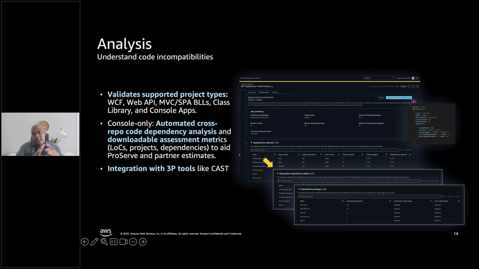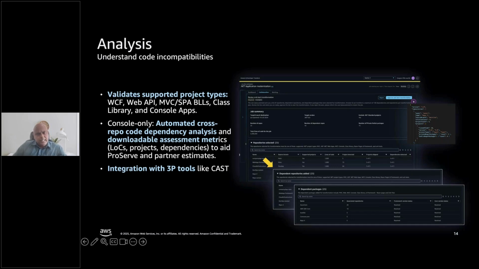Because once this analysis is done and we highlight those gaps and customers are able to resolve them, then the rest of the transformation proceeds smoothly, right? And we have also integrated with partners such as Cast, who can do the assessments and break the customer application into waves, and we are able to ingest those waves and do the transformation based on those exported values. And I'll share a little bit more detail about that.